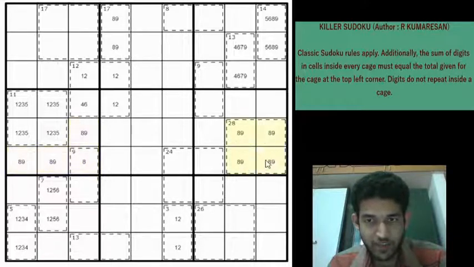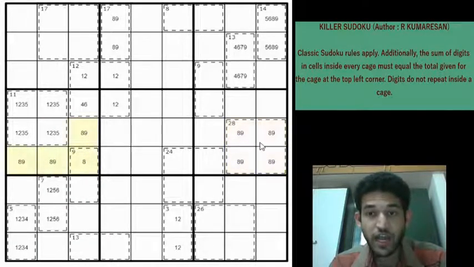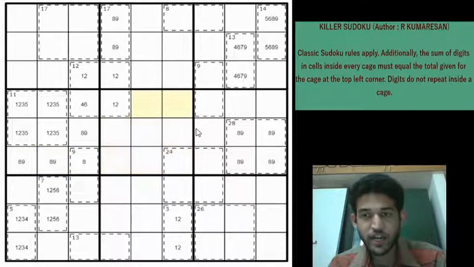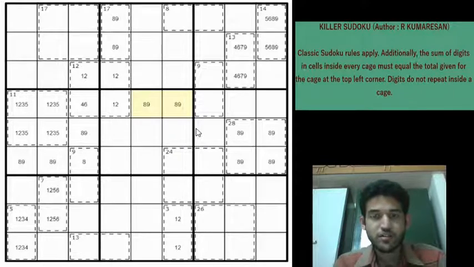And 8 and 9 is locked in row 5, row 6 of box 4 and row 5, row 6 of box 6. Which means that 8 and 9 can be eliminated from these 6 cells, right? Because if you have an 8 here, you will get the 8 in these 2 cells, which eliminates the 8 from all these 6 cells. And similarly for 9. So you can eliminate 8, 9 from these 6 cells, which gives you an 8, 9 pair here. Lovely.